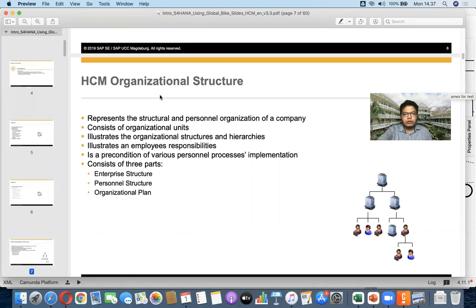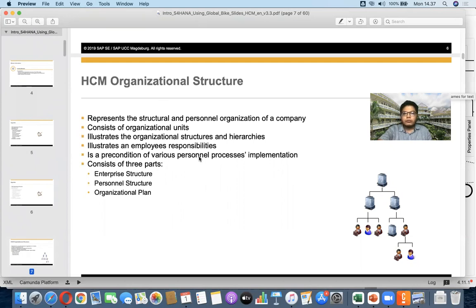This organizational structure, we always learn from the previous modules, is about how the case that we use is described using the terms that are used in SAP.